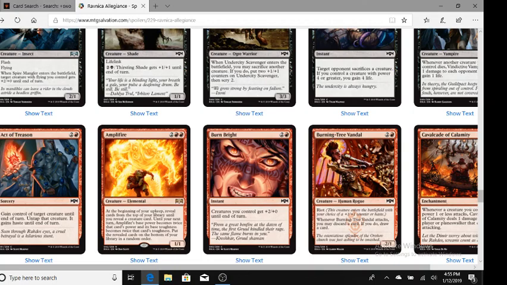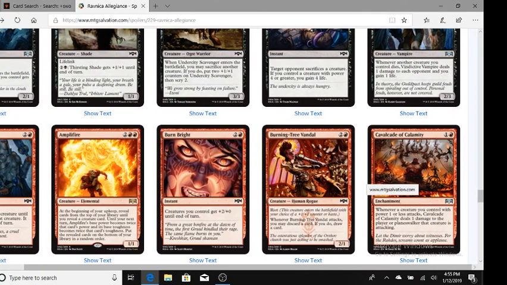So it's more just damage instead of extra protection. Then we have Burning Tree. I talked about that card. I remember that. I remember I talked about that card. Alright. Then we have